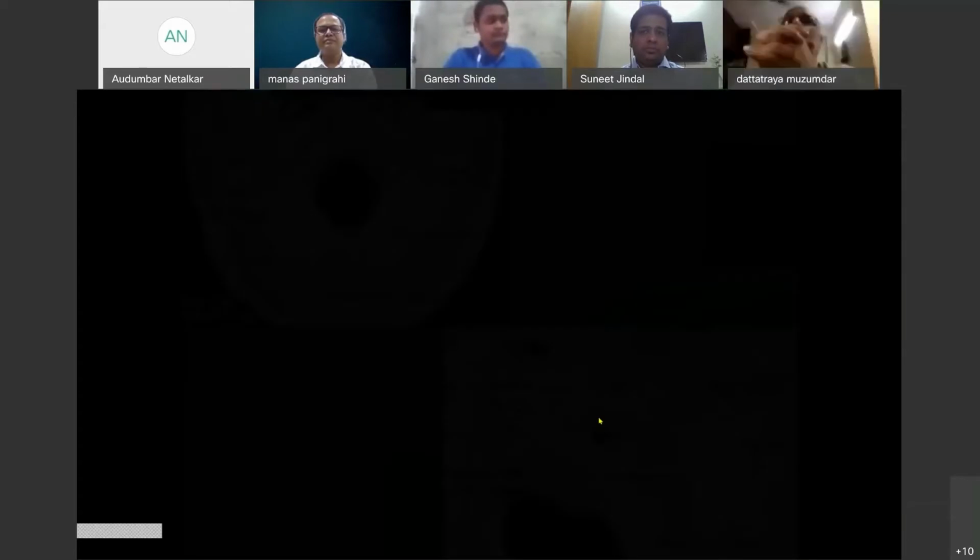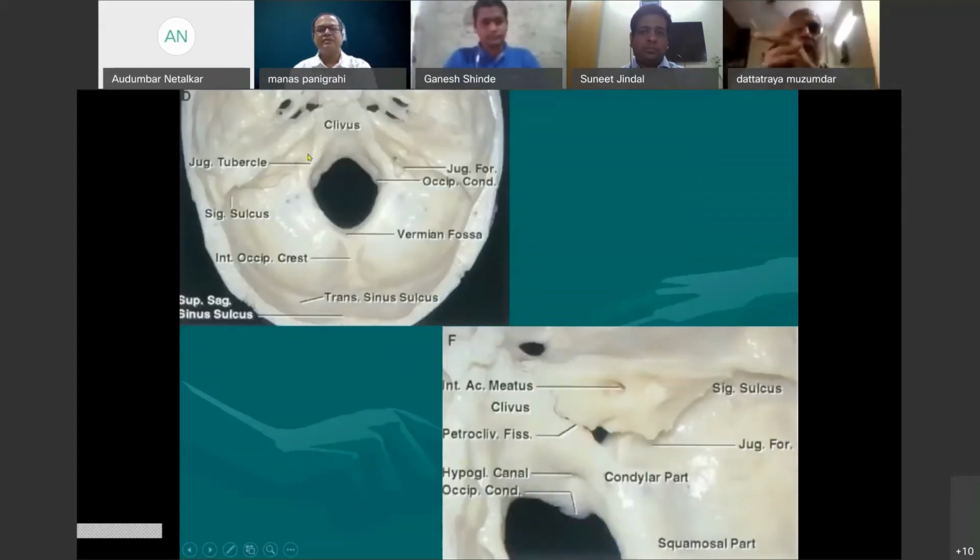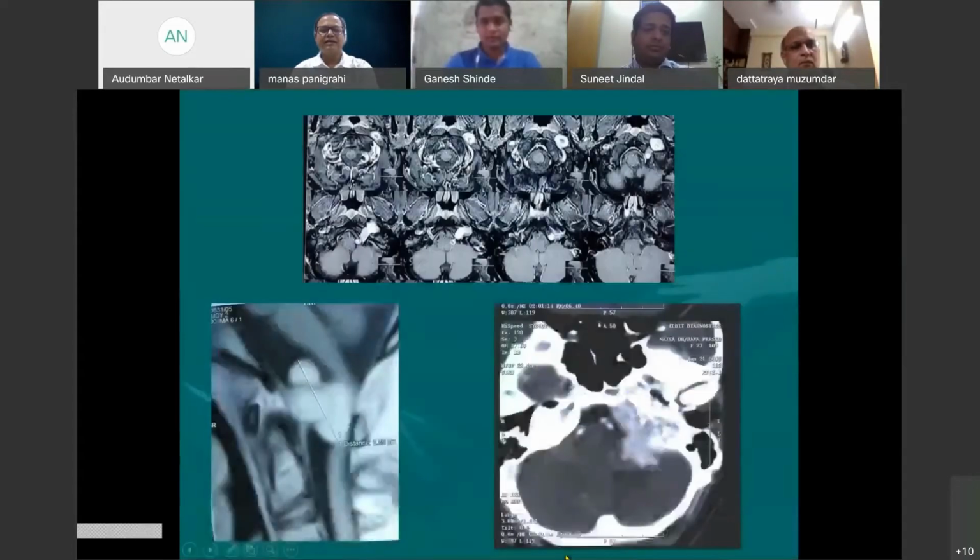So this is the clivus, and ventrally it's bounded by the clivus, posteriorly by the rim of the foramen magnum. Laterally we have the occipital condyle and the jugular foramen with the jugular tubercle. Now there are many tumors which arise from the hypoglossal canal, which goes both extracranially into the parapharyngeal space anteriorly and intradurally into the cerebellomedullary fissure or premedullary area.